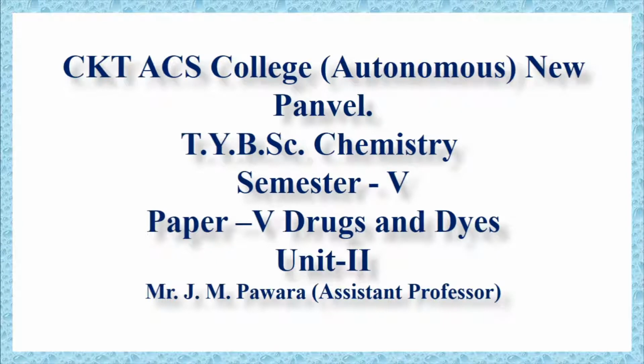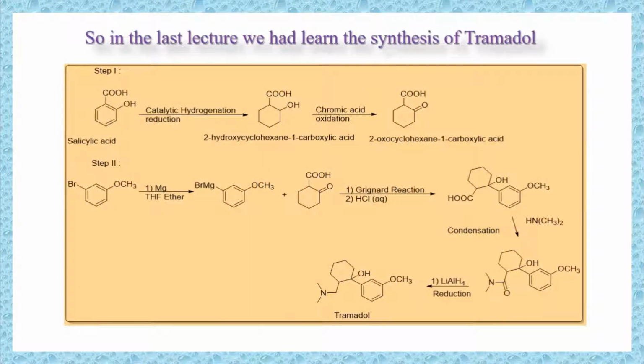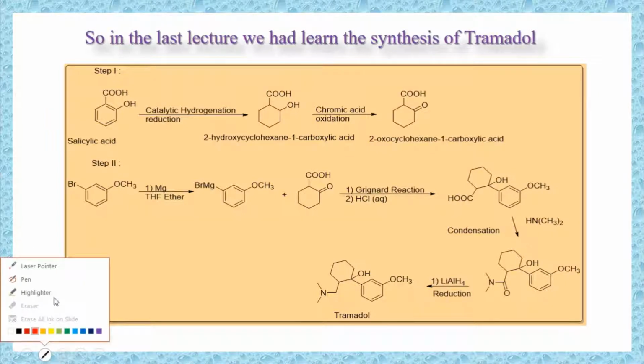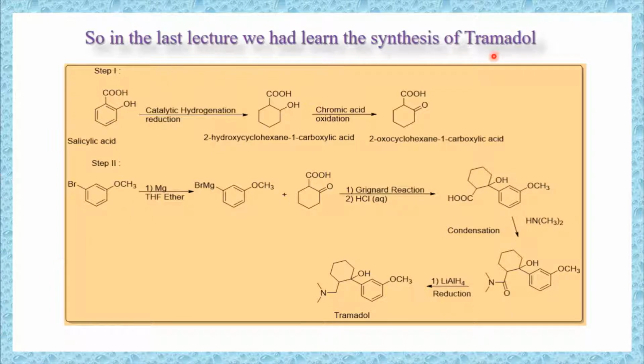In the last lecture we have started with unit 2, and this is the topic that we had covered in the last lecture, that is synthesis of tramadol. This tramadol is an antipyretic drug, and its synthesis starts with salicylic acid. When this salicylic acid undergoes catalytic hydrogenation, reduction of this double bond into single bond in presence of nickel and H2, you will get this reduced product, that is